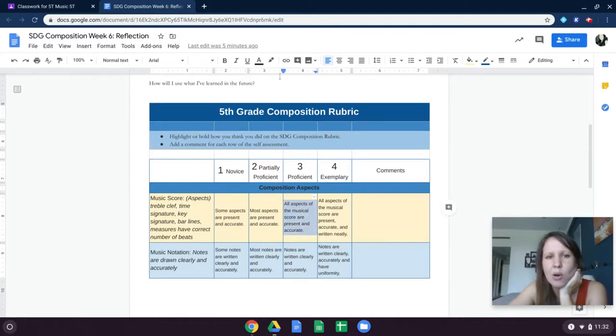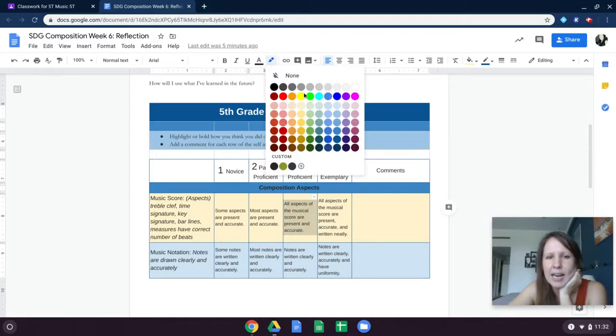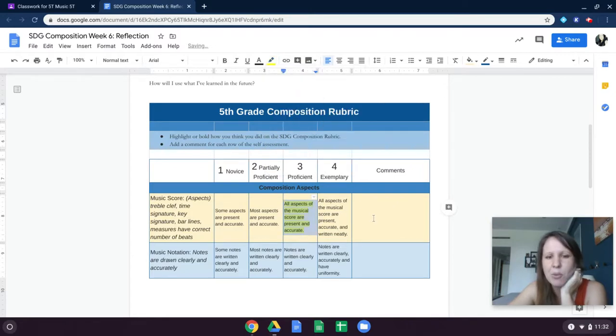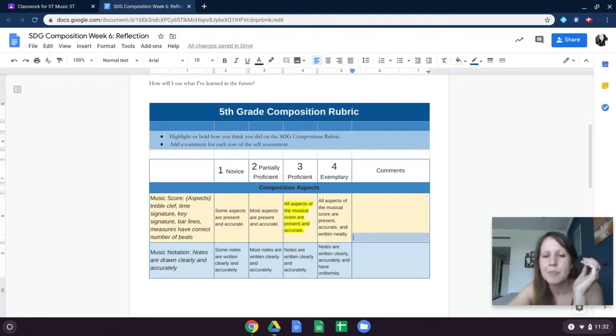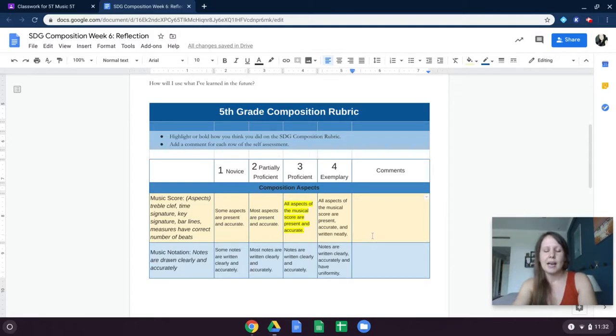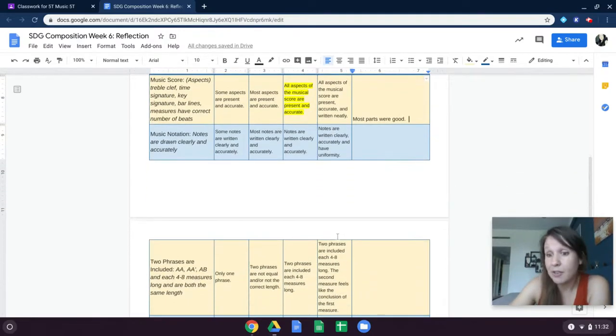So then you can go up to the top and use the highlight, maybe use yellow if you want, whatever you want. And you can leave comments like most parts were good, whatever you want to say. And then go through for each one and kind of give yourself a grade.